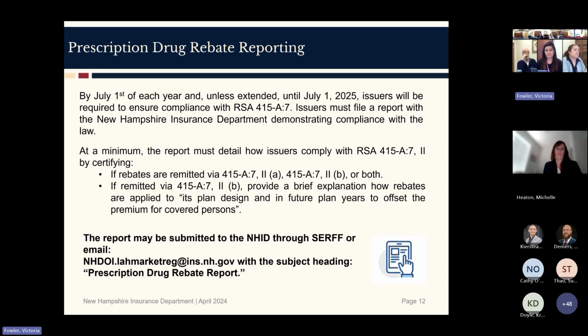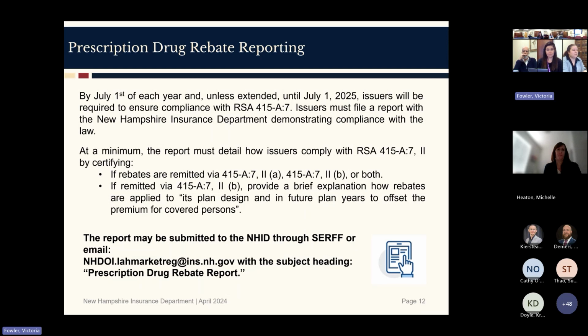The first is the prescription drug rebate reporting. Issuers must file the rebate report demonstrating compliance with RSA 415A:7 by July 1st. This will be required at least through next year and longer if extended. At minimum, the reports must detail how issuers comply by certifying if rebates are remitted pursuant to either